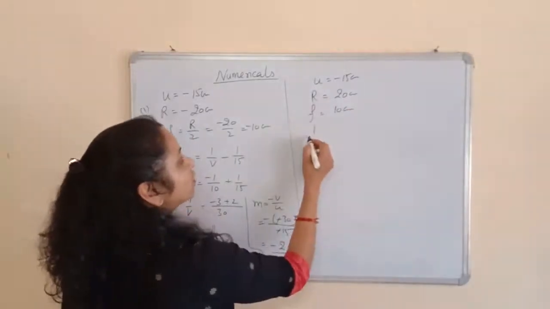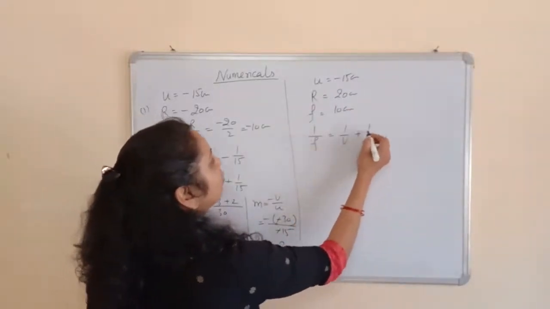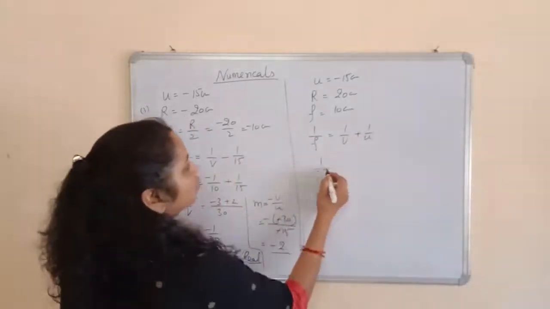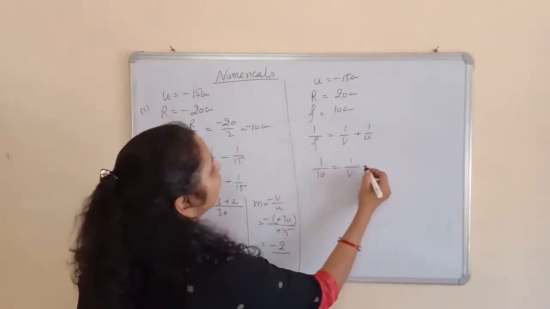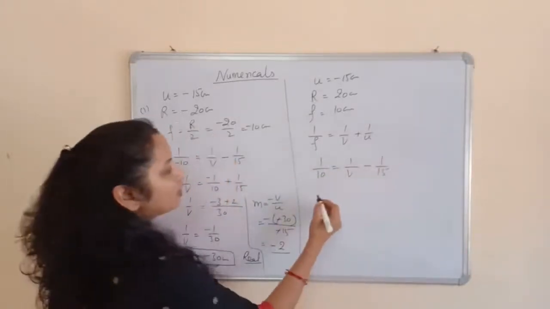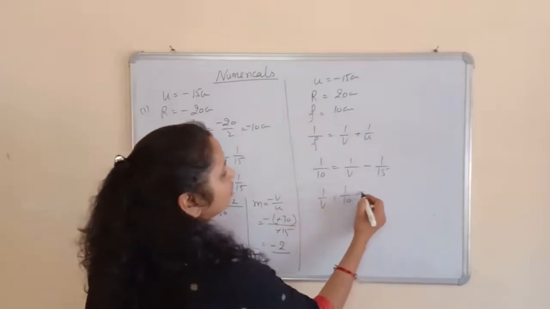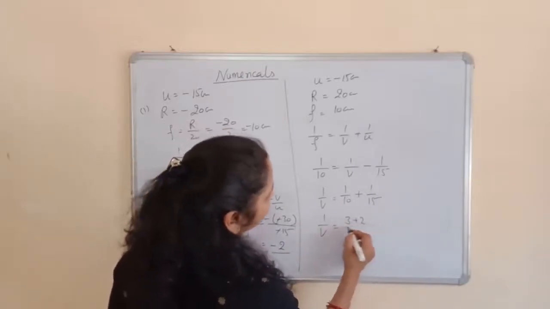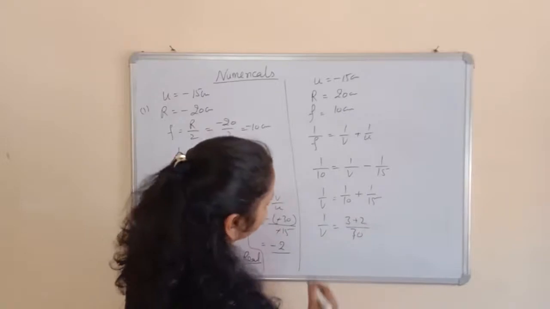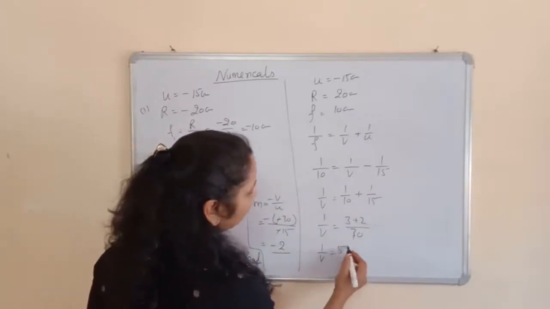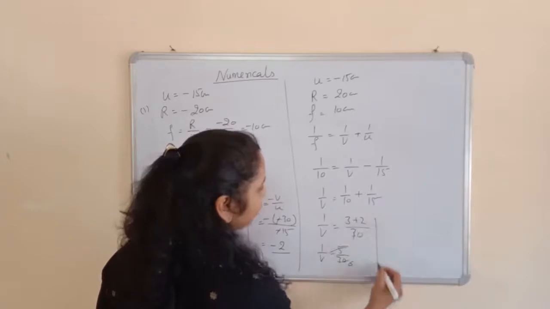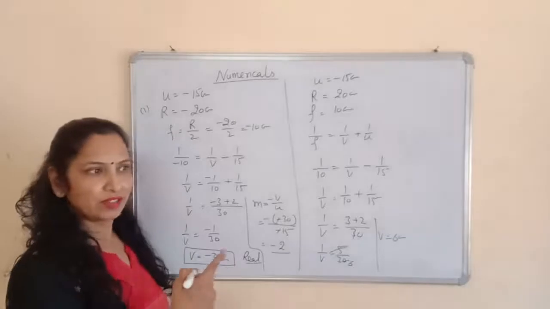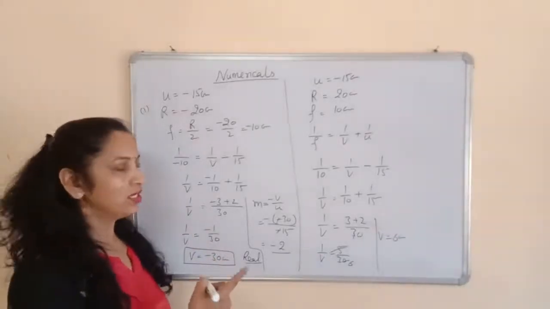Again by applying the mirror's formula, 1 upon f is equal to 1 upon V plus 1 upon U, we can find the value of V, that is the position of the image from the mirror. So 1 upon f is equal to 1 upon V, we have to find, and 1 upon U is minus 15. So 1 upon V is equal to 1 upon 10 plus 1 upon 15. We can solve it as we do the questions in maths. LCM is 30. So 1 upon V is equal to 5 upon 30, or we can say 1 upon 6, and the value of V here is 6 centimeter. So for the diverging mirror, the distance of the image from the mirror is 6 centimeter.